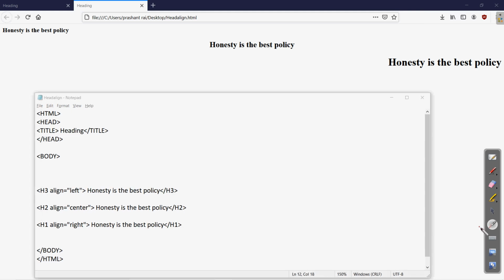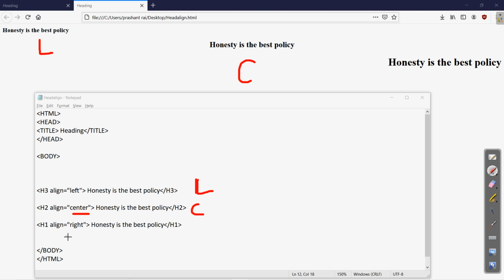Now you can notice that the first one, which was heading 3, the third heading level, has the alignment left. So this left alignment is the first one which is appearing here. Clear? This center alignment, which is the level 2 heading, is here. So according to the attribute for the alignment, meaning left, center and right, the position of that heading is appearing on this web page.